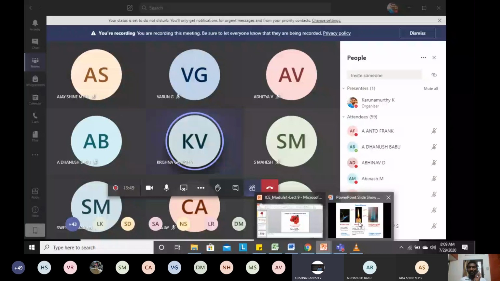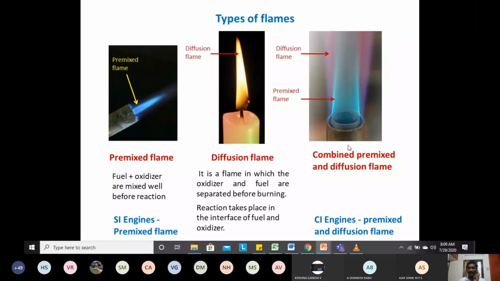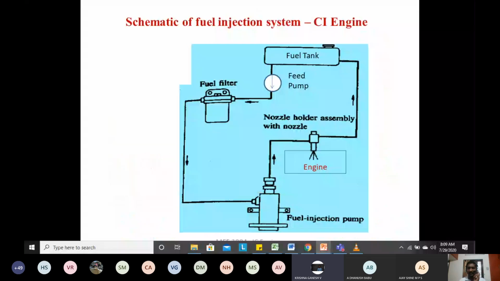Coming to the schematic layout of the fuel injection system in the case of a CI engine. So in the case of CI engine, fuel tank will be there, right? This is the fuel tank, and from the fuel tank, the fuel is pumped with the help of fuel supply pump or fuel feed pump. Okay, so a dedicated pump will be there which will be supplying the fuel from the fuel tank. That means diesel is going to be here. So diesel is supplied with the help of fuel supply pump or fuel feed pump,